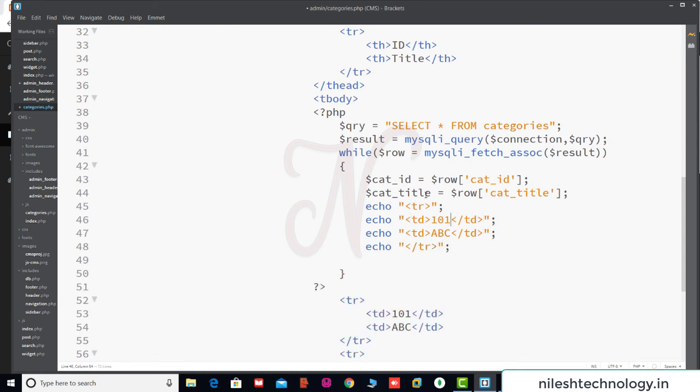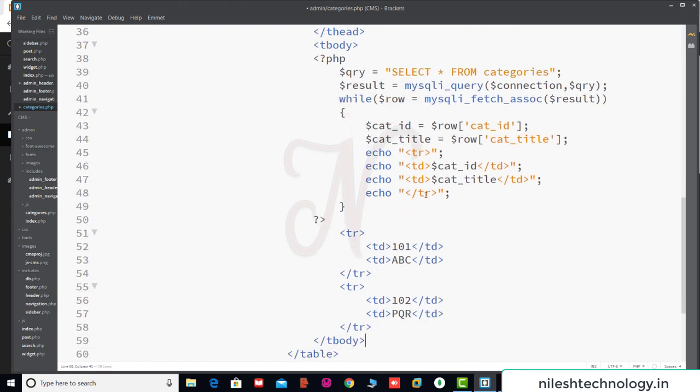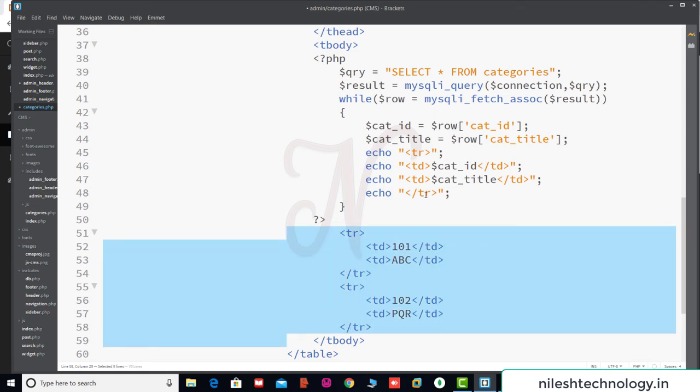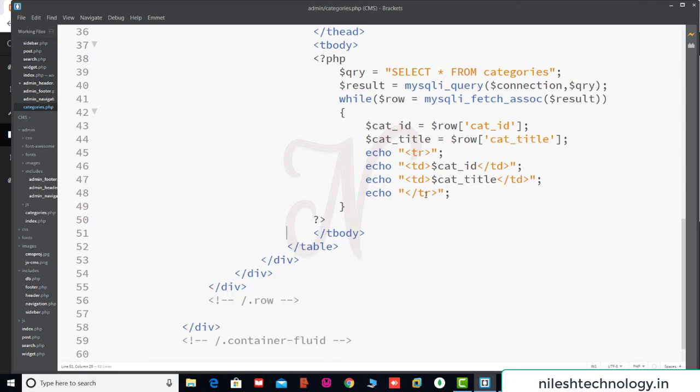Now instead of this 101, we use the variable name cat_id. Sorry, here dollar. Then here dollar cat_title. Here we close this while loop. Then here we remove all this static data. So select and delete. Save.